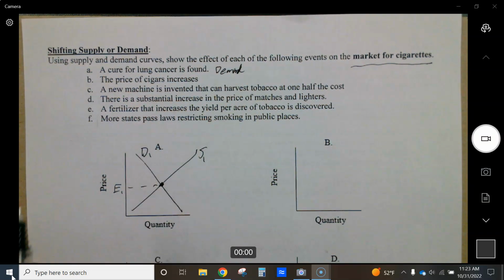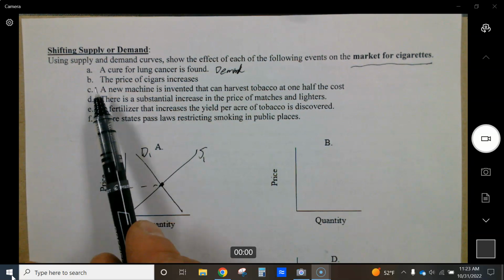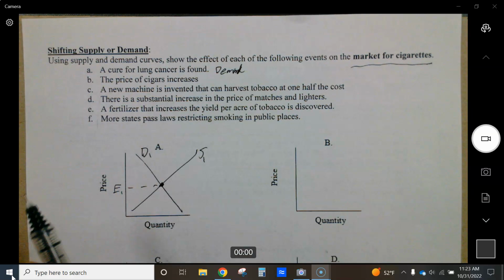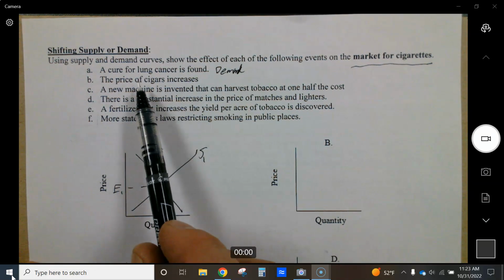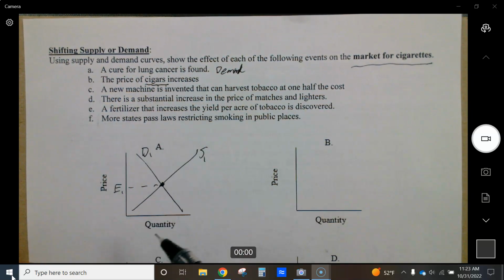And B, I'm going to talk through this one, and then I'm going to let you guys finish the rest of them yourself. The price for cigars increases. So if the price of cigars increases, we're going to count a cigar as what we would call a substitute item, meaning